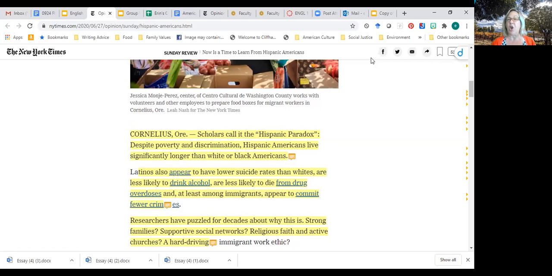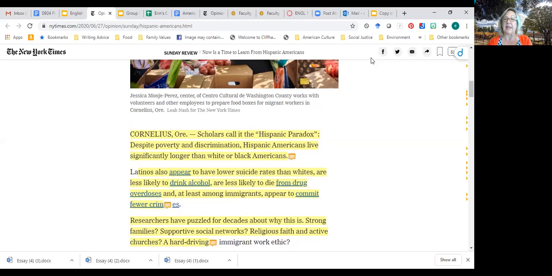So if we know that a demographic in the United States, for example, Latinx people, have a lot of poverty and a lot of discrimination, we would think those things would make a shorter life expectancy. And so he says the opposite is true. There is poverty, there is discrimination, but Hispanic Americans live significantly longer than white or Black Americans.